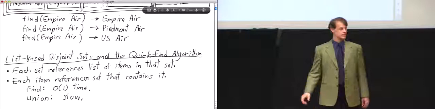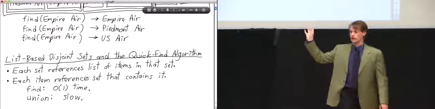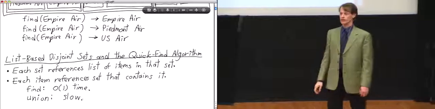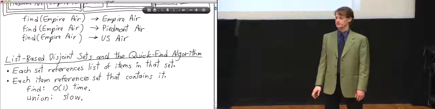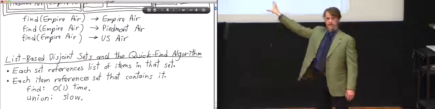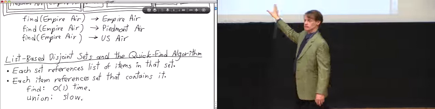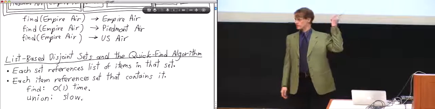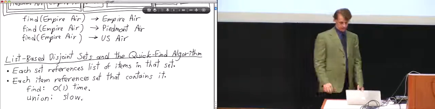Before I go on to that next data structure, though, are there any questions so far on how disjoint sets work or what this easy algorithm is? I'm not going to talk too much about the easy algorithm because the fast algorithm is much more interesting, but also because your TAs will talk about this in discussion section next week. So I want to move on to the fast algorithm,